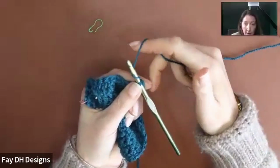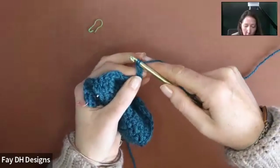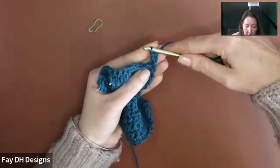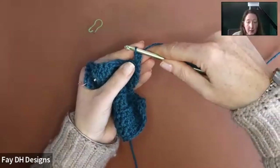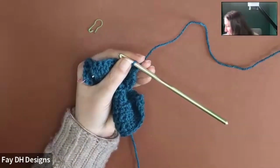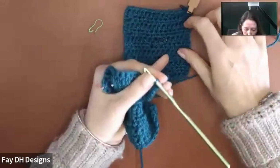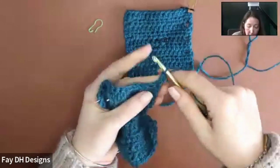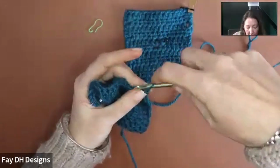I'm going to do a yarn around hook, not under. And I'm going to pull through just one loop, on both loops on my hook. And that has created a starting stitch, which is the height of a half treble. You can see it's much thicker, so I'm not going to end up with this hole that I would get in a standard half treble with the 2 turning chain. I've just got a really nice thick stitch, which means that it's really easy to count when